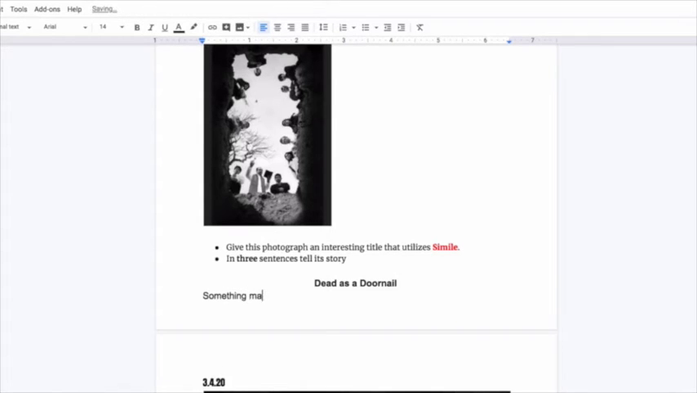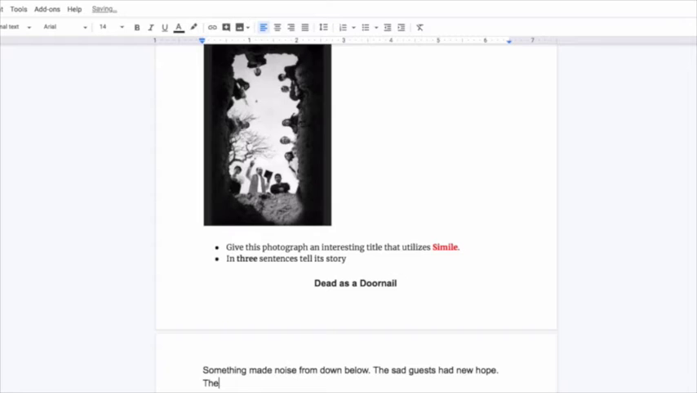Something made noise from down below. The sad guests had new hope. Their friend and loved one had been mistakenly buried. Okay, you'll notice I have some spelling errors here, so it's as simple as right-clicking on them, or